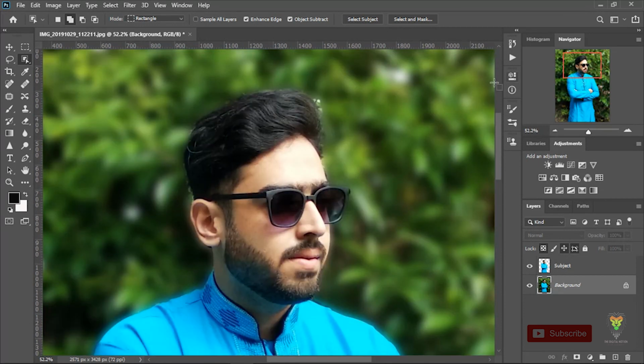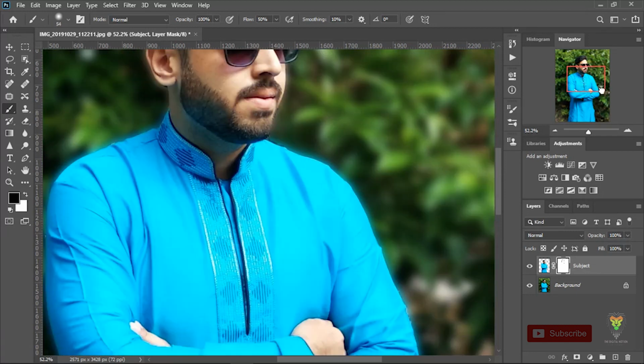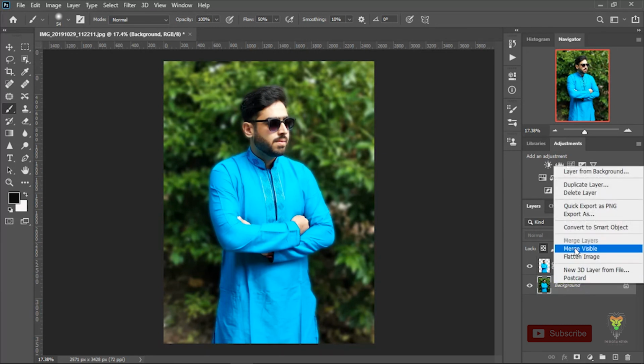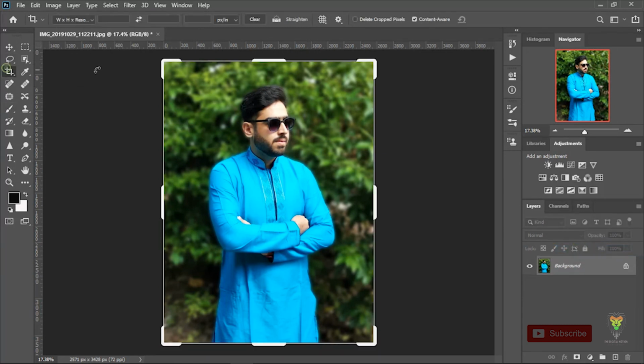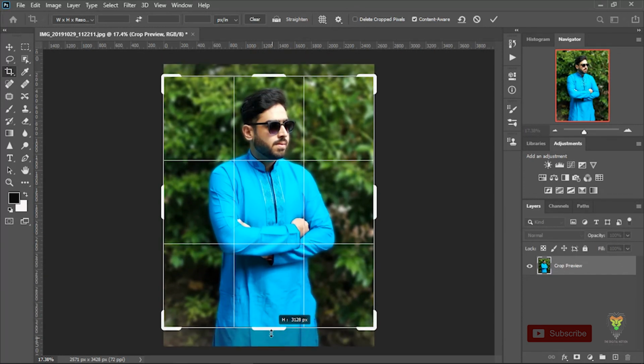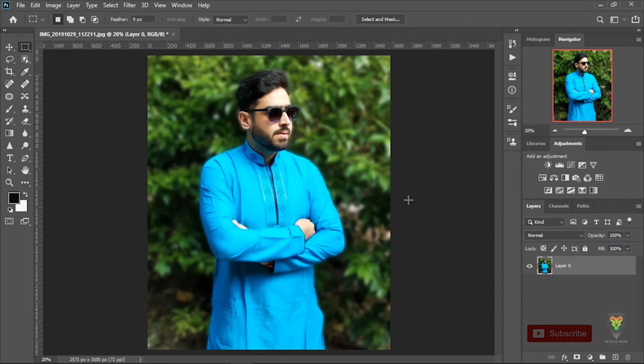Then keeping the subject layer selected, create a mask. Then making sure the mask is selected, use the brush tool to remove the smudges with flow of 50% and hardness decreased slightly. After completing, select the background layer and just right click on it. Click Merge Visible to merge the layers into one and crop the overall image if necessary. Then finally save the image file with maximum quality settings option for higher resolution output, and it's done.